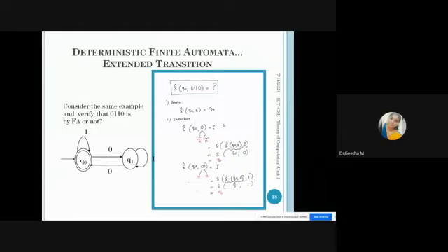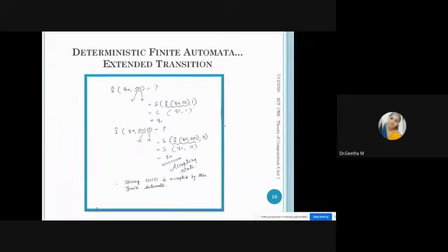So you need not worry about how you will get the next step and so on. Easily with the help of a whiteboard, I can explain how you will get the next level of output. But today, you adjust with my slides. I have clearly explained how to apply the extended transition steps for processing the given input and how you will get the output. So I think we can move on to the next topic.